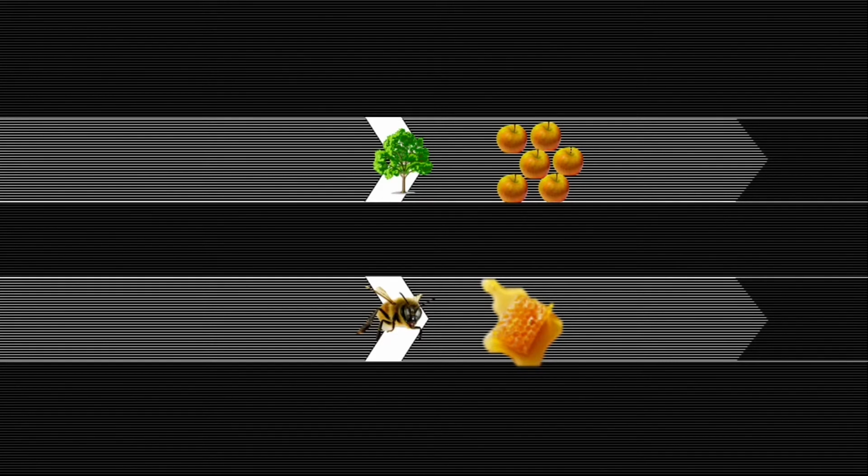And so two directors, the tree and the bee, are all forms of life, but each has a different path. But although the bee and the tree have different paths, they could still have the same target,